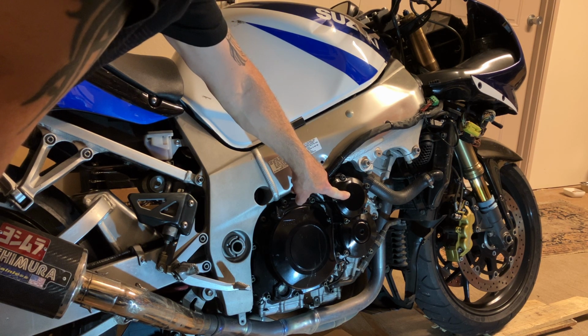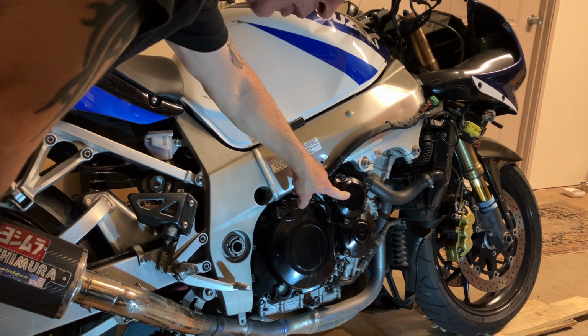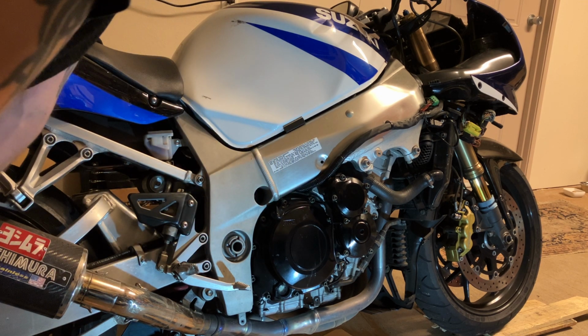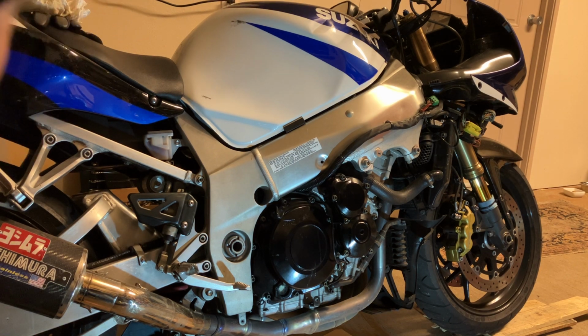Sometimes I have to kind of bump it or put it in gear and push it in third gear to move. It feels like I have to move the gears a little bit, the transmission, and then bump the starter again. I'm going to try to recreate that sound here, so hopefully somebody can let me know what's going on,